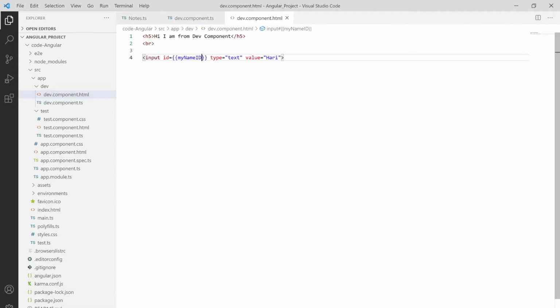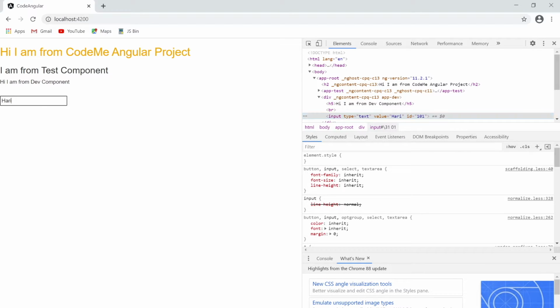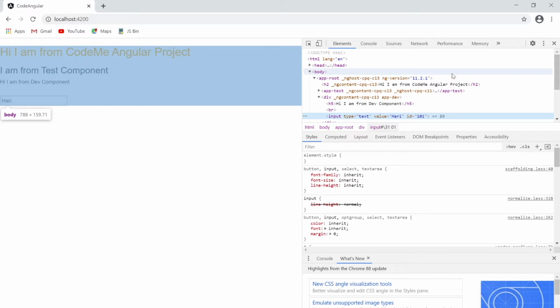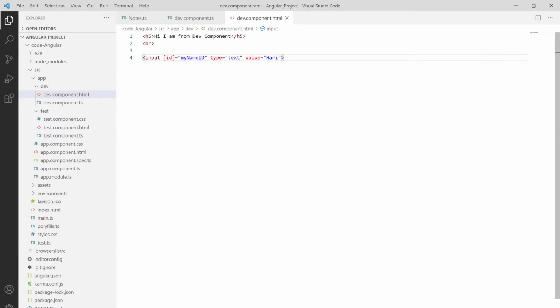Let me change the symbol and use property binding. I saved it, moved to the browser, and clicked on inspect. As you can see, the result is the same, but there is one more thing. Property binding is simply binding that exact value.